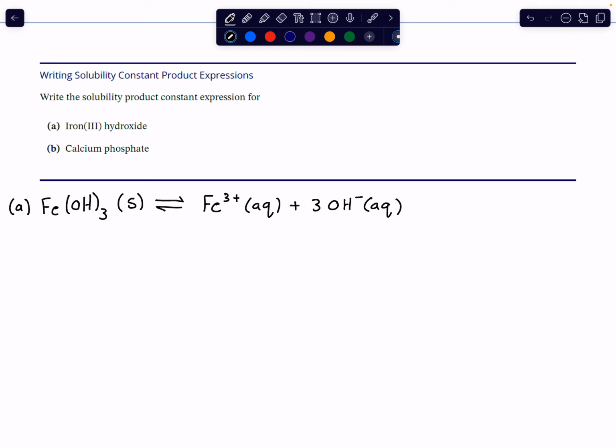It's kind of simple, meaning once you've figured out the balancing of the formula, so 3 hydroxides for every 1 iron, there's 1 iron and hydroxide to the power 3. That's what the 3 means, and of course the 3 corresponds to the 3 in the formula. That means our KSP